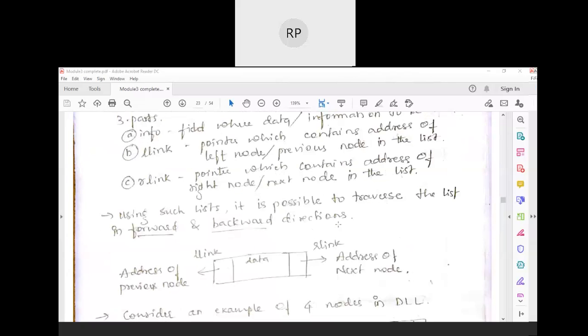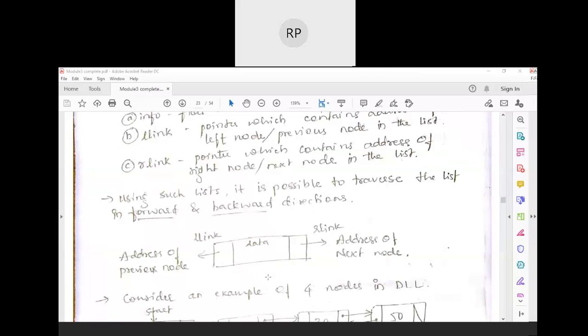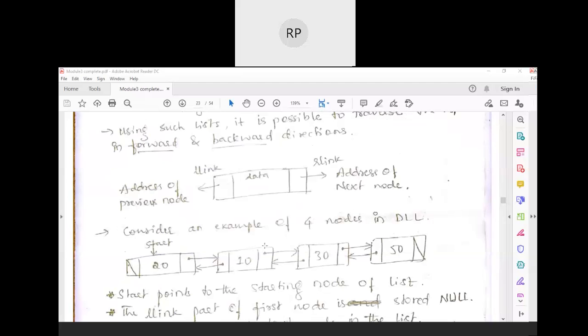After that, we have seen how the node can be represented. This is the structure of a node in a doubly linked list, where you have three fields: L link, data, and R link. L link points to the address of the previous node, R link points to the address of the next node, and the data part is used to store the information. And we have seen this example